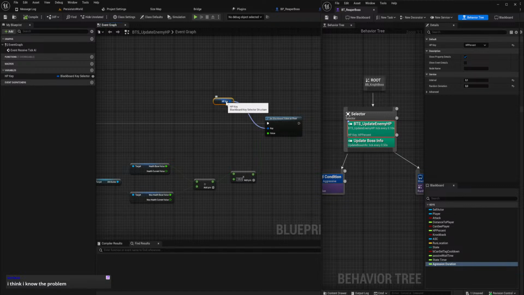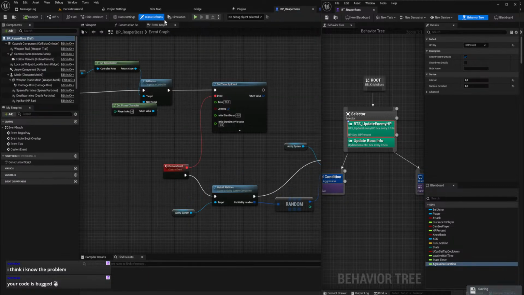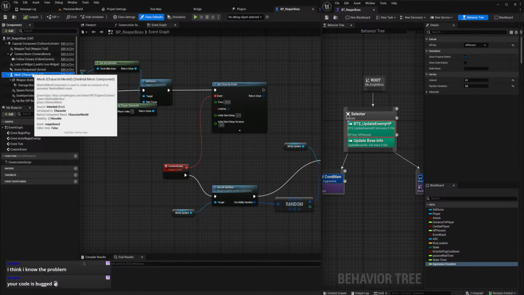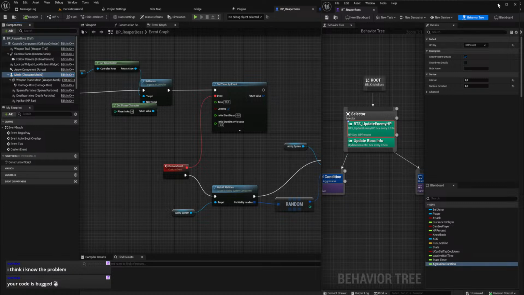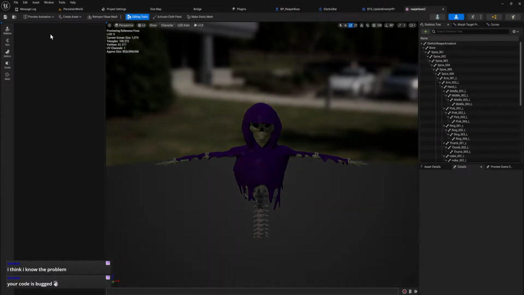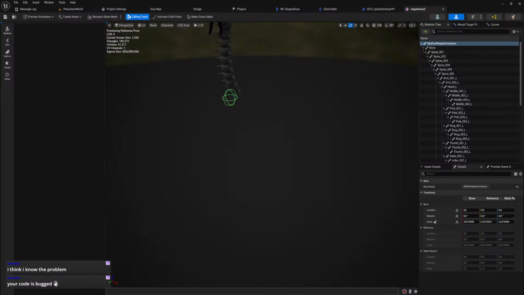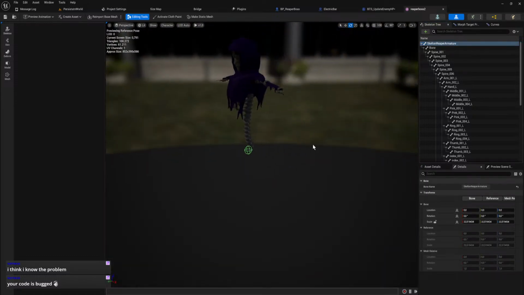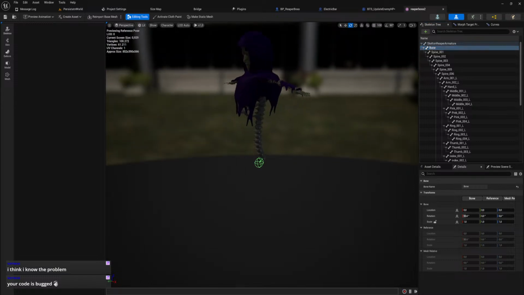The only thing that I can really give you about the skeletal structure of your skeletal mesh is make sure you have a separate root bone that is not your hip bone. So if you go to your skeletal mesh, right here we have the bones, right? I have a separate bone that is not deforming anything. That is the root bone. Just look into root motion a little bit and you'll quickly come to understand why that is important.